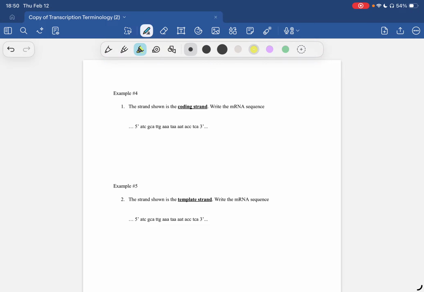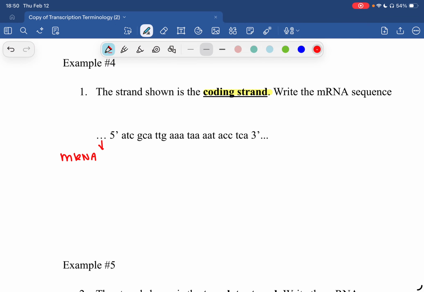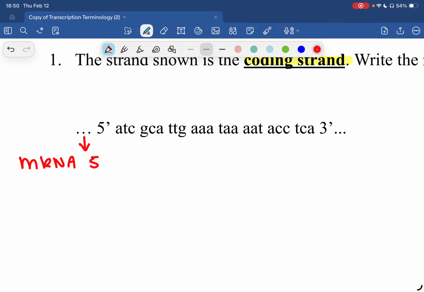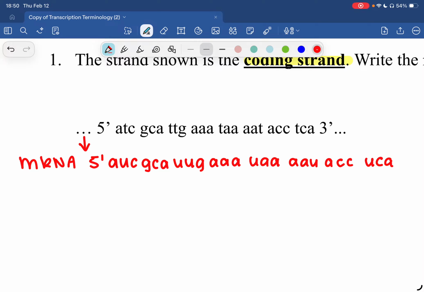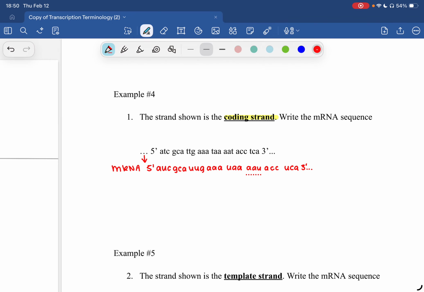Okay, so in this example, if you're given the coding strand, all you have to do to make your mRNA is drop that sequence down and copy it exactly, and switch out your T's with U's. Alrighty, and then once you've done that,